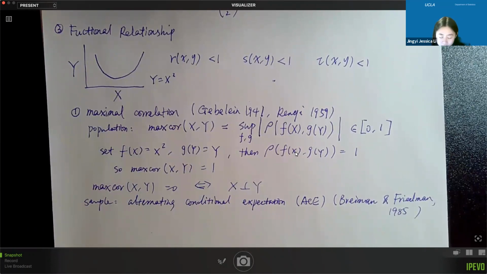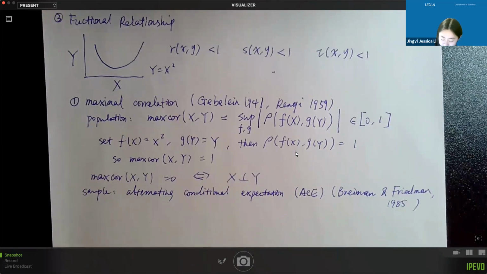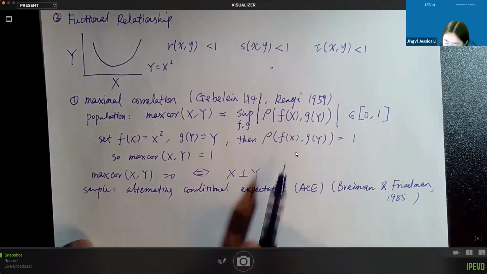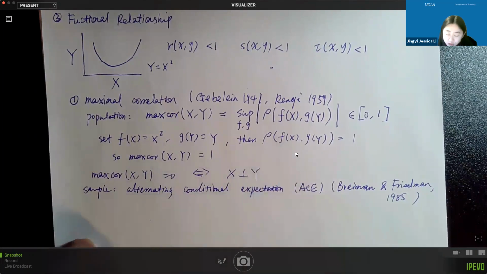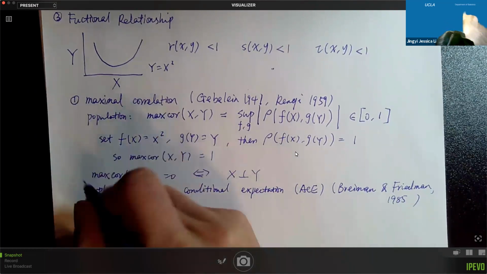That's very nice. Okay, but on the sample level, how do we calculate the maximal correlation given a set of data points? That's the question that hadn't been addressed in the pre-computer age. But in 1985, an iterative algorithm called alternating conditional expectation was proposed to address this issue. Okay, so here, this is the formulation. Given that we have the flexibility to choose F and G, right? So what we can do is that we can consider